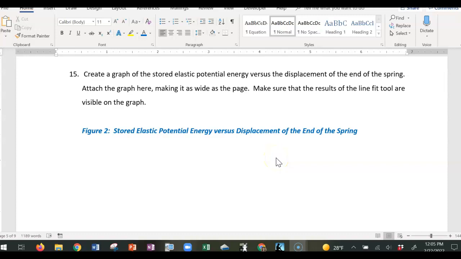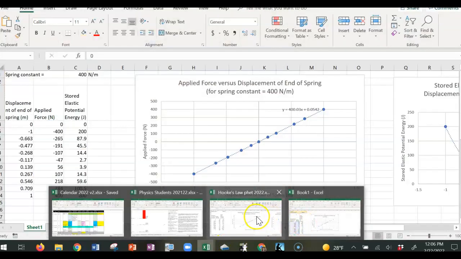This webcast continues the discussion of the lab activity on energy stored in a spring. And I'm now at step 15, which asks us to create a graph of the stored elastic potential energy versus the displacement of the end of the spring. So if I go and look at my data,